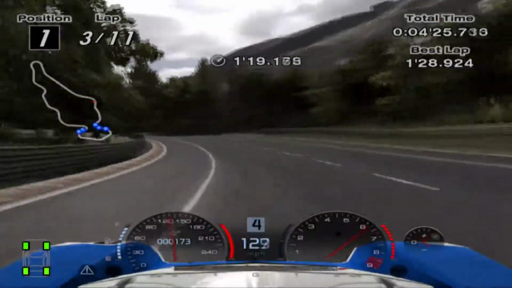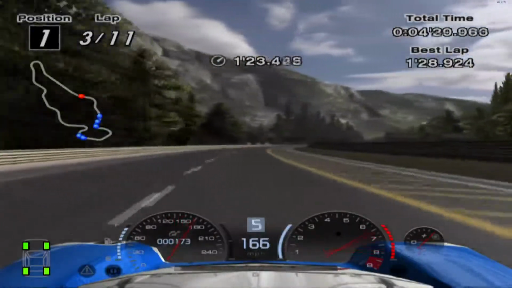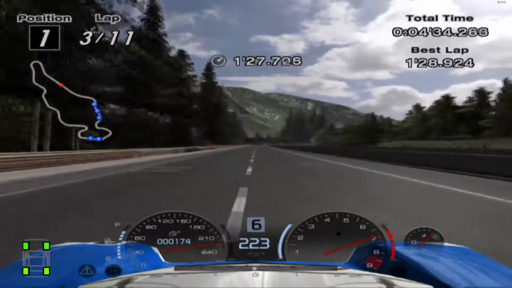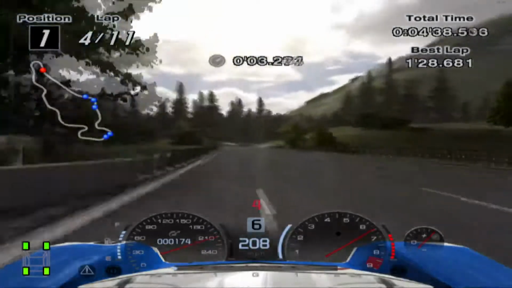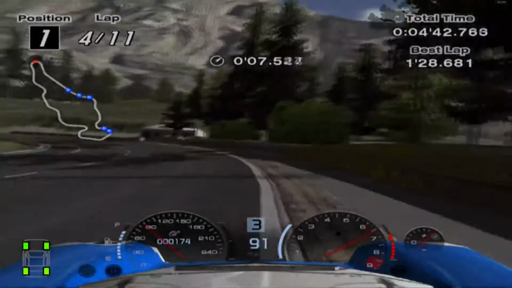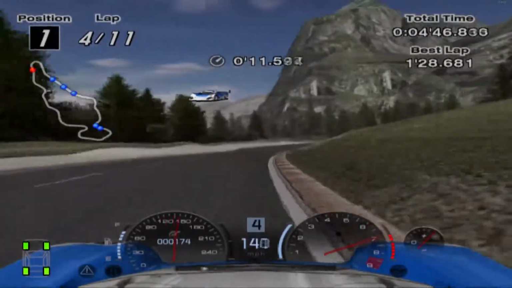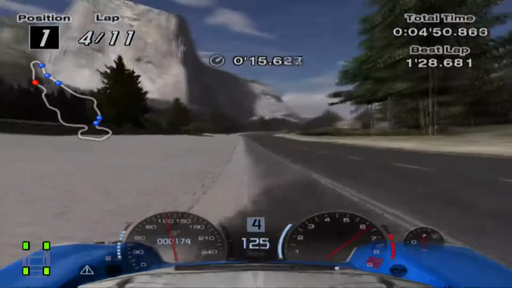Oof, little grass there. See how fast this car gets on the straightaway here. Good gosh, 240 miles an hour. Man, came into the first turn at an entry speed of over 220 miles an hour, which is just kind of wild to think about. That this is a car from the late 80s that is going 240 miles an hour